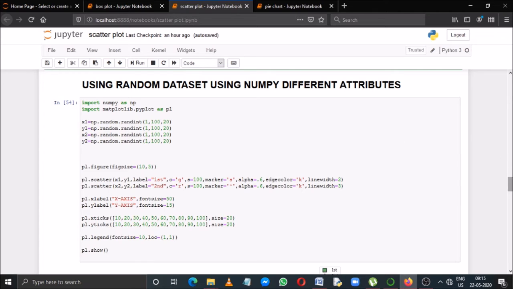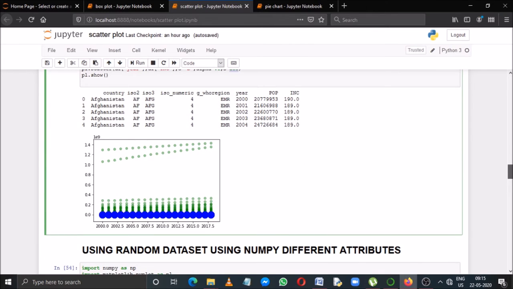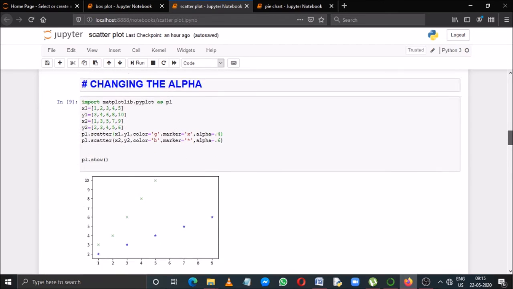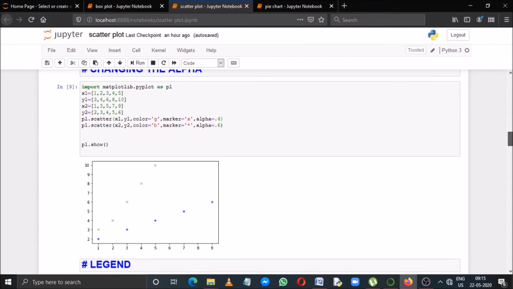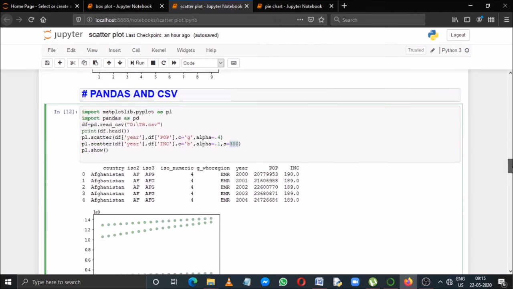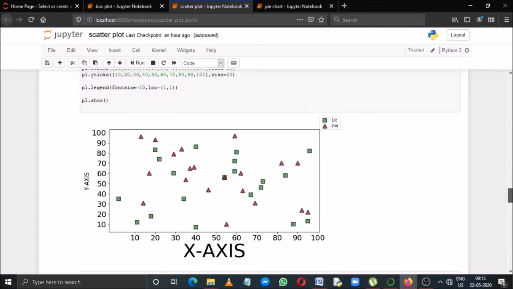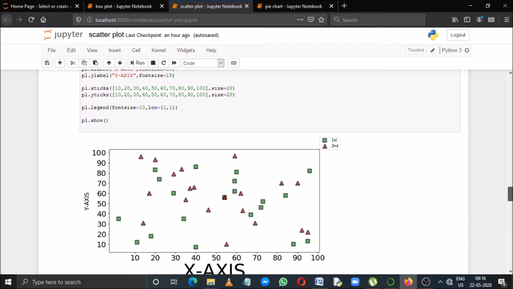Now, as all of you have checked in all the previous programs, the size of the chart is fixed. In every program, the size of the chart is fixed. So I believe if you increase the size of the whole chart, then it will be better to understand. Like, check this example. Here I have increased the whole size. The size of the x-axis and the size of the y-axis I have increased, so that I can understand each of the data points clearly.